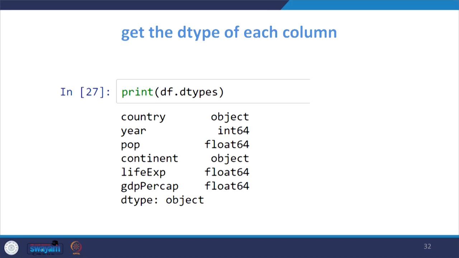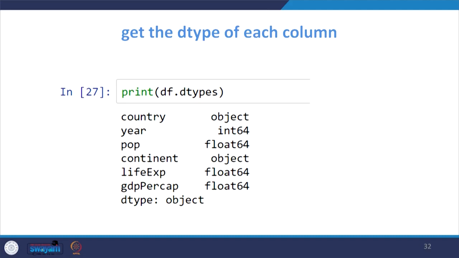Now, we will see the data type of each column. For that you have to use this command, dtypes. So, print df.dtypes, this is the output which you will get. I will show you in Python. First we will look at what this object output is. You see country is object, year is an integer, population is a float. Float means there is a decimal. Continent is an object, that means a character. Life expectancy is a float, that means you are going to get that value in decimals. Similarly, GDP per capita is also going to be in decimals.